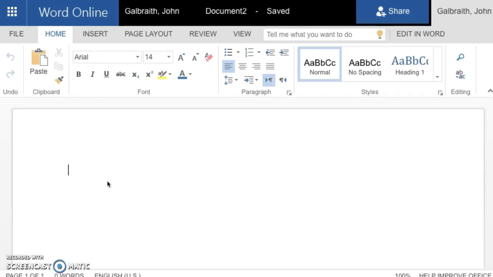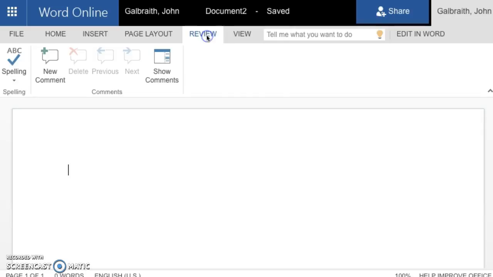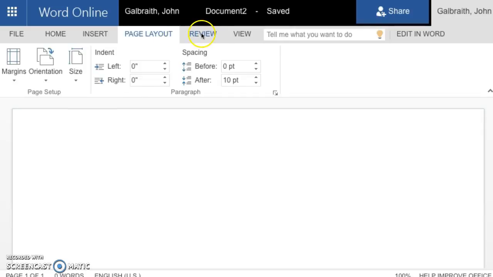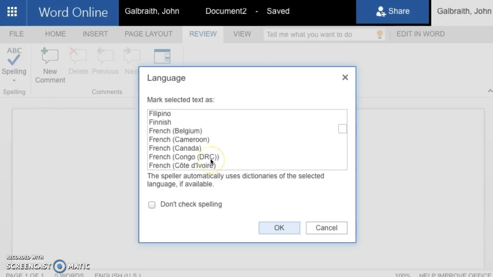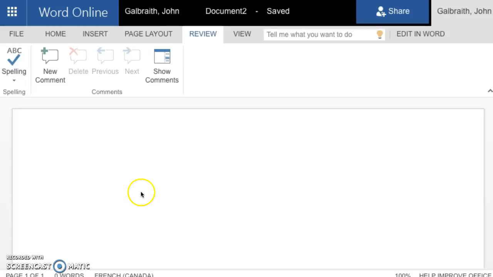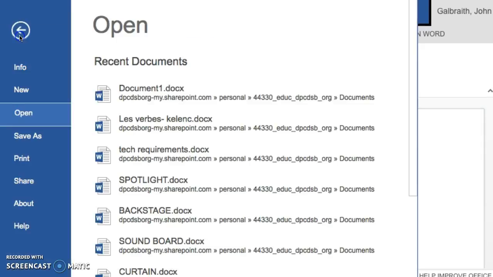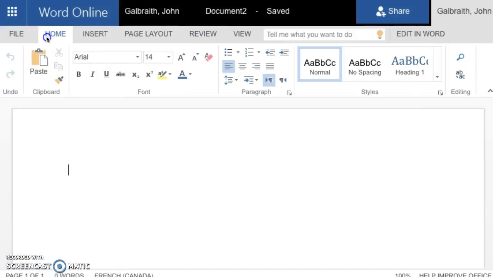The first thing I would like you to do is go to Review, and I would like you to change the language, and you go to Set Proofing Language, and you're going to go down to French, Canada, and click OK. Now what that does is it's going to spell check for you in French instead of in English for the